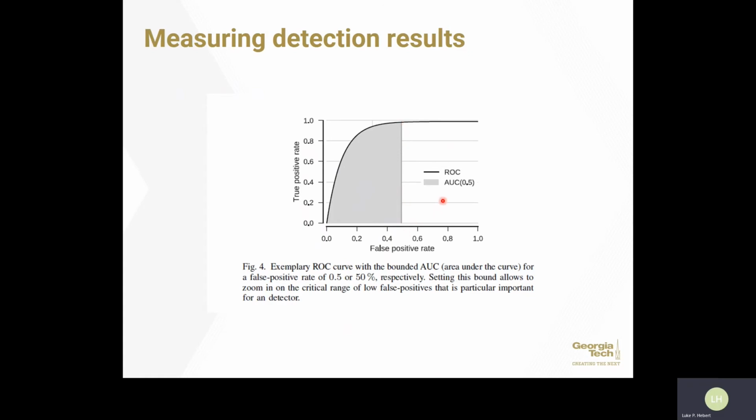So this represents an upper bound on the false positive rate at 50%, which is a rather high or permissive tolerance for false positives for a real IDS. But essentially, no matter where the upper bound on false positive is, the question that you're asking is, how high can my IDS get the true positive rates to be while staying under such and such false positive rate?